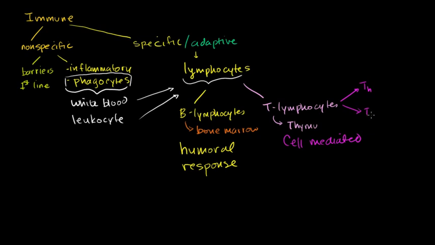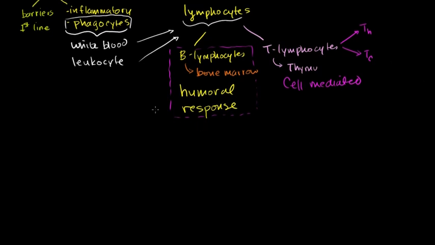I know it's all very confusing the first time you see it, but that's why I just want to focus on just this part right here. We're going to see in the future that the helper T cells play a role in amplifying and really activating this humoral response. But a simple way to think about the difference between the humoral response and the cell-mediated response is when I get infected, let's say I get infected by a virus. Let's say that's my body cell and that's my body cell. At first, when a virus comes into my system, it's just floating around in the fluids in my system. That's really what humoral refers to, the humoral fluids of your body.